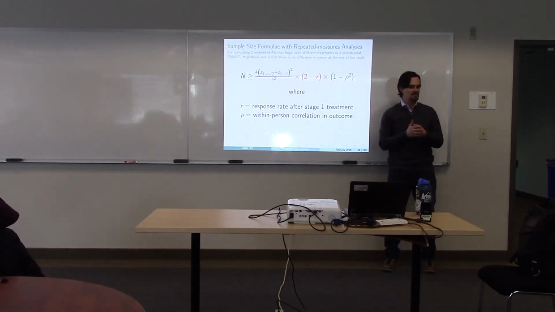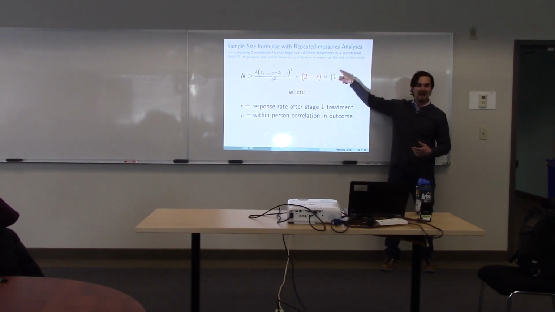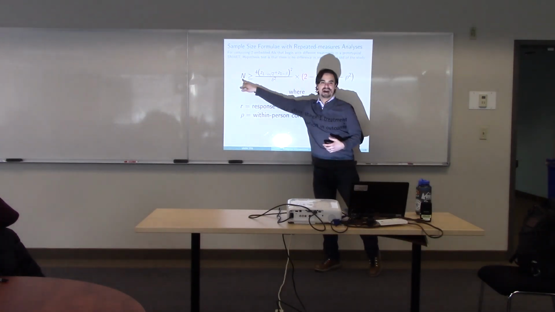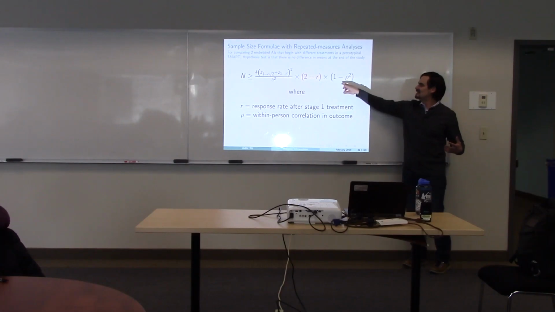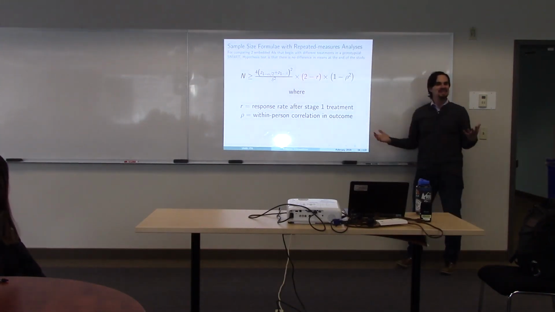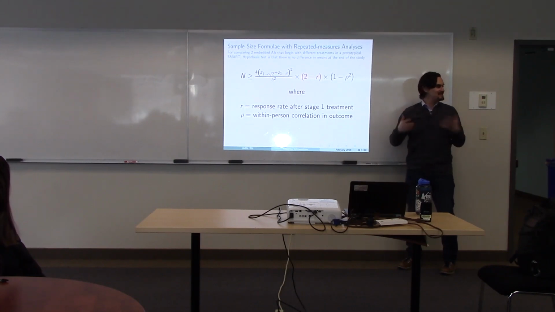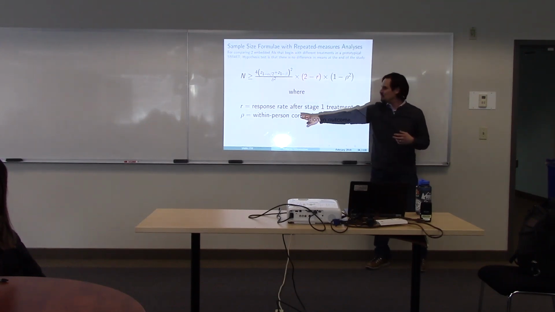So what do we know from longitudinal analyses? If I have a really high within-person correlation, rho being close to 1, and I take advantage of that, I need less sample, right? Because if rho is close to 1, this is a small number, a fraction, it knocks down the n, right? But if I have no within-person correlation, if this is 0, then n is relatively higher, right? Everybody with me? Well, the sample size formula for SMART magically happens to be the same one with an extra term, 2 minus r, where r represents the rate of responders.